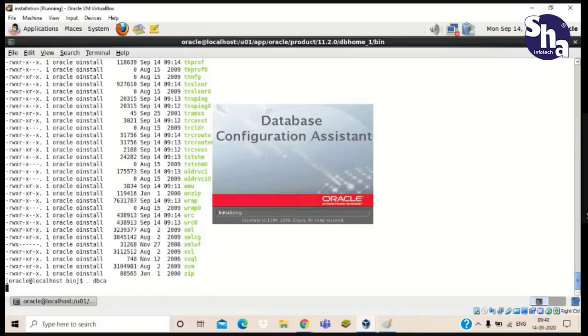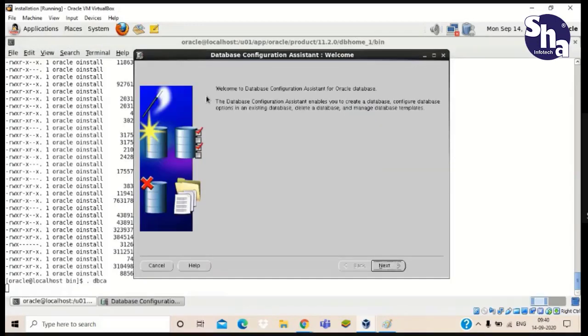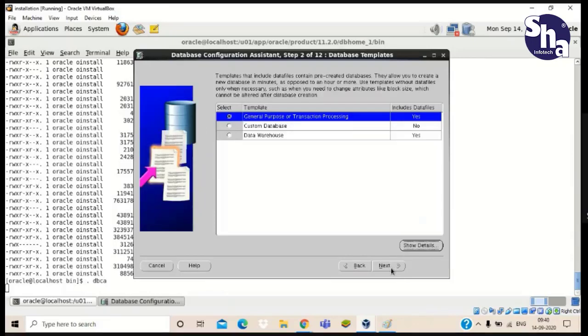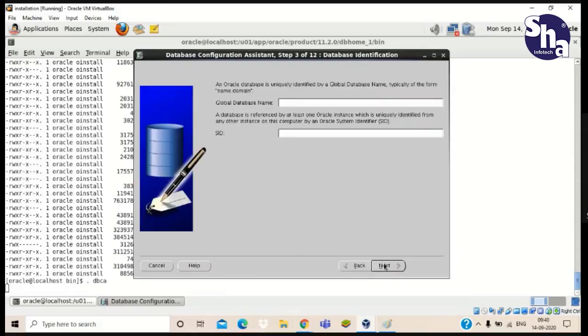Just dot space dbca. You can see here, first we have to click on next, create a database option selected, then again next. After that, we use the default general purpose or transaction processing option. Click on next.